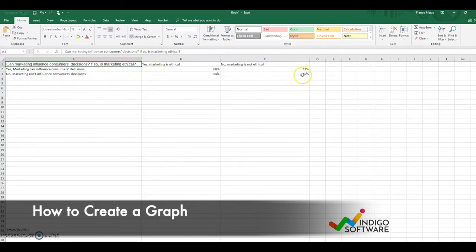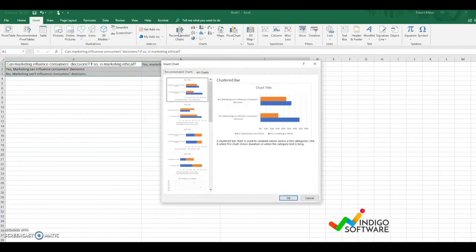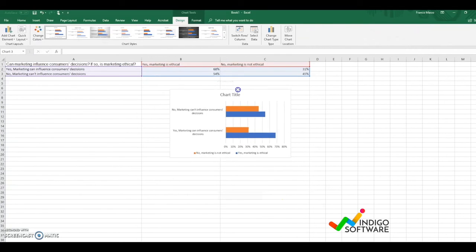So first of all, you need to have some data on your sheet. So we're gonna select it all, and we're gonna click insert. Here we're gonna click recommended charts, and you can see that we have a few options. So we're gonna click the first one,